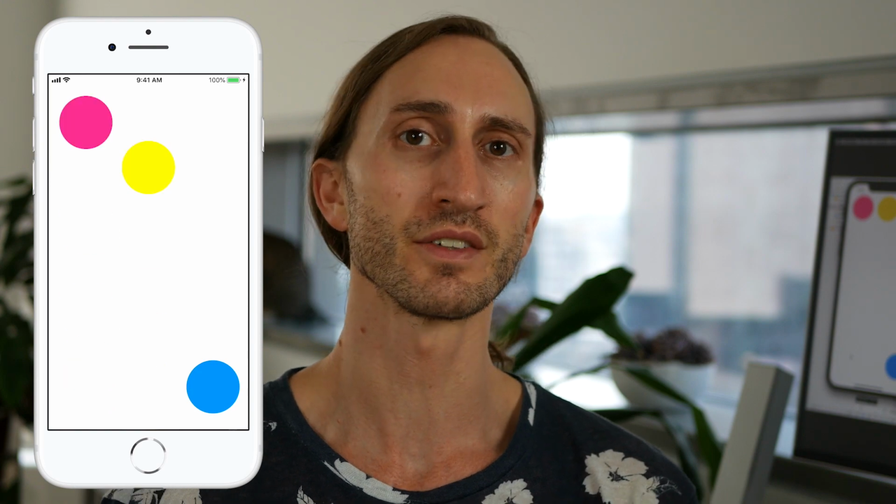In order to really dive deep into animations, we're going to build a simple app with 3 buttons at the top. When you tap those buttons, they'll move to the bottom and vice versa. Each one will have a different easing function applied to it, starting with ease in, then ease out, and then ease in out, and that'll give us the opportunity to take a look at the differences in those and how